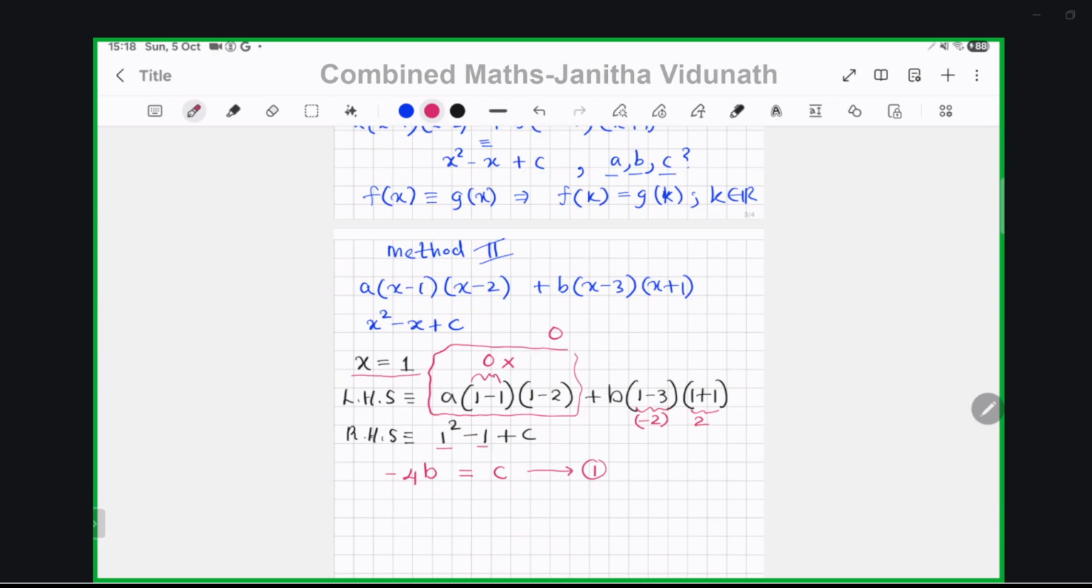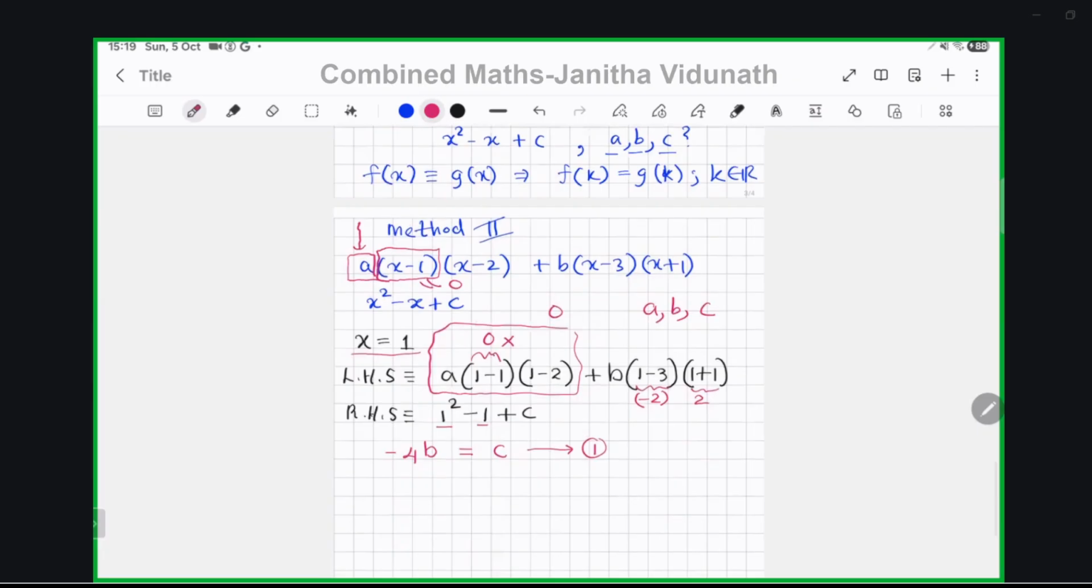We simply substitute a real number for our variable, but in a smart way. Here there are 3 variables, a, b, c. We can remove a variable by plugging x equal 1, because when we substitute x equal 1, this bracket goes to 0. That means we can simply remove that variable. Likewise,